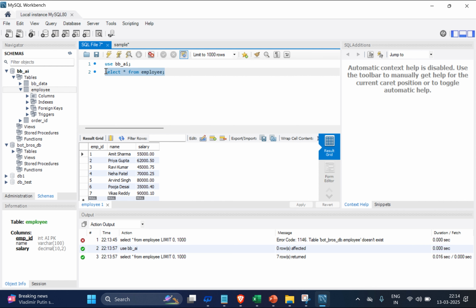So now if I have to run a subquery command, what I'll do is select name, salary from employee where salary is greater than the average salary present in this table. To do that, I'll put select avg salary from employee. That is the same table. So now if I run this,